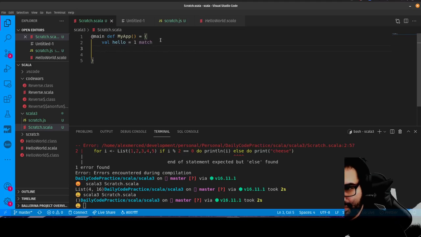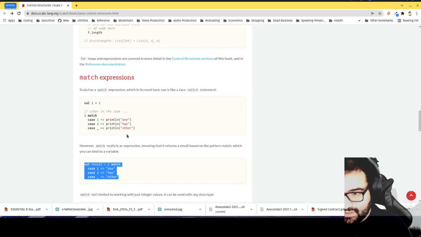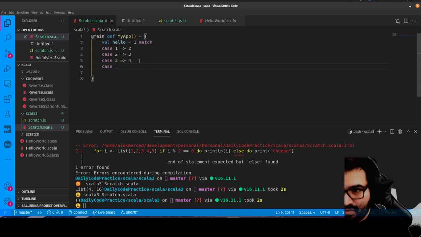So 1 is matched with the following cases. If the case is 1, then it should equal 2. Case 2, let's make it equal 3. And case 3, it will return 4. And again, a case where it doesn't match any of them, the default case, I'll return 5. Okay, so now if I do this, and then I print line hello,